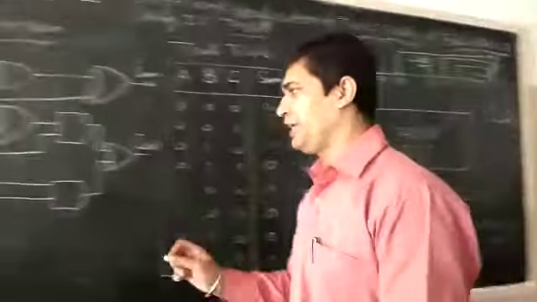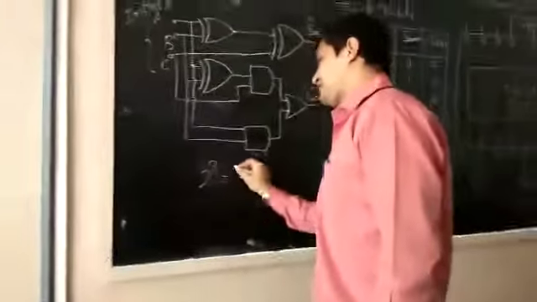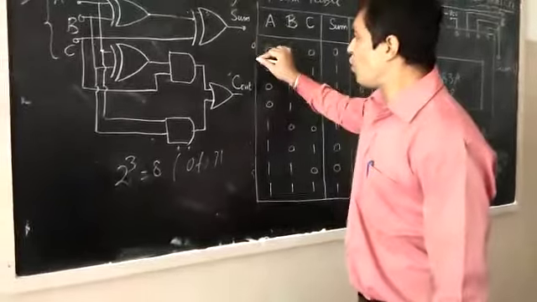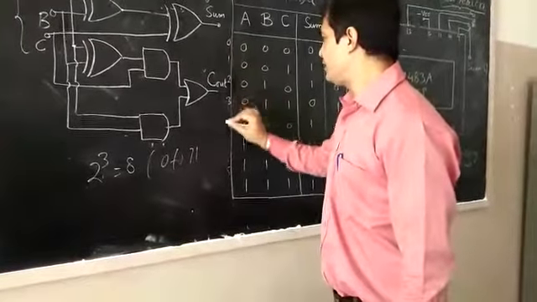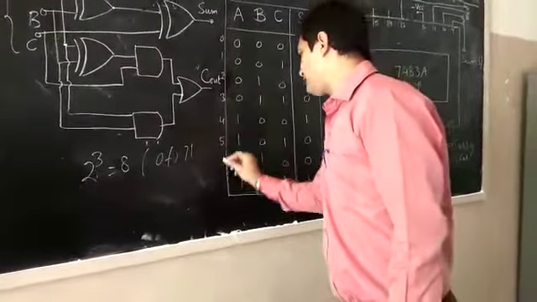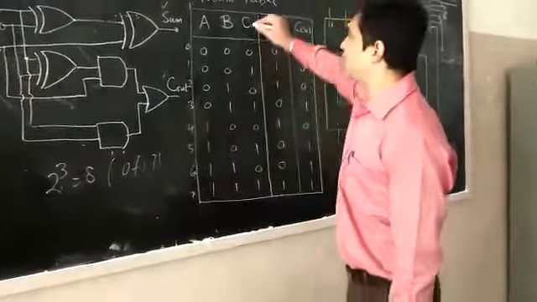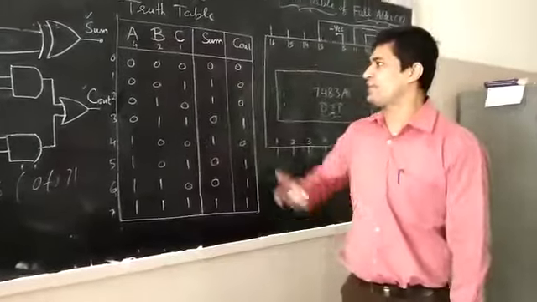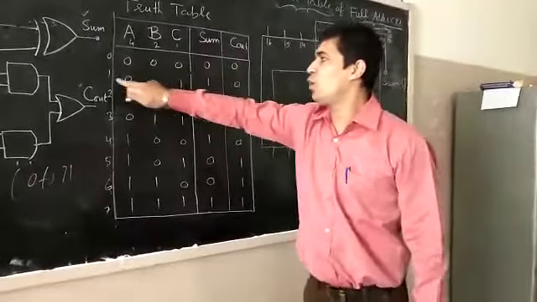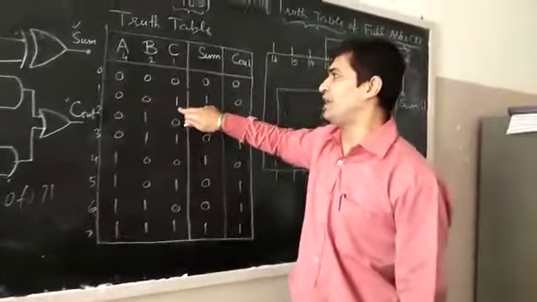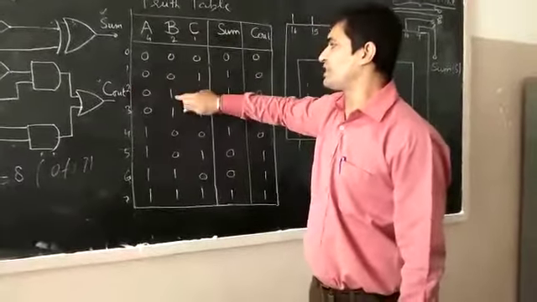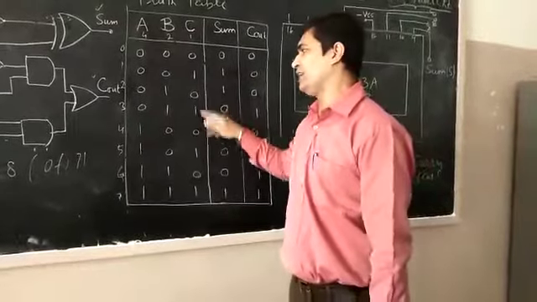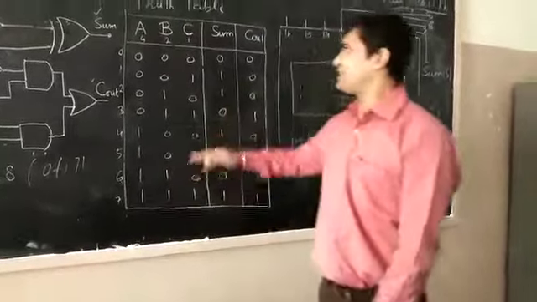Three inputs. 3 inputs means 2 raised to power 3 is 8. It stands for 0 to 7. So here you have to write 0, 1, 2, 3, 4, 5, 6, 7. And here you have to apply the weights 4, 2, 1. According to these weights, you have to assign the values. 0 means all zeros. 1 means there is a 1 under this 1. 2, under 2 there is a 1. 3 is 2 plus 1, so under 2 and 1 there is a 1, 1. In a similar way you can fill these values.